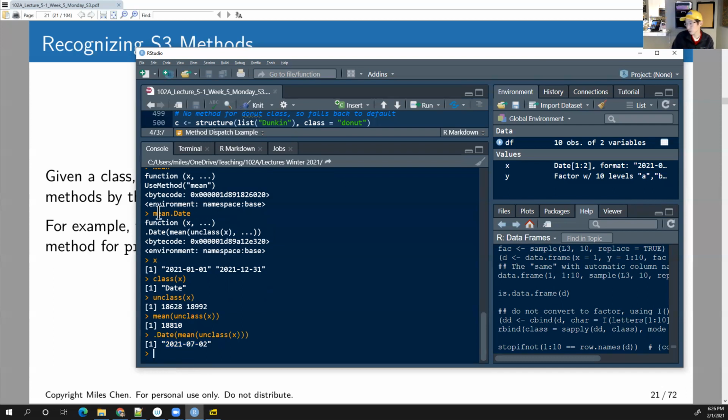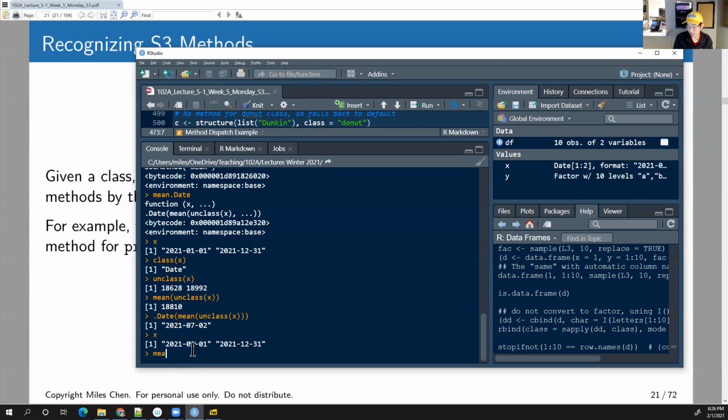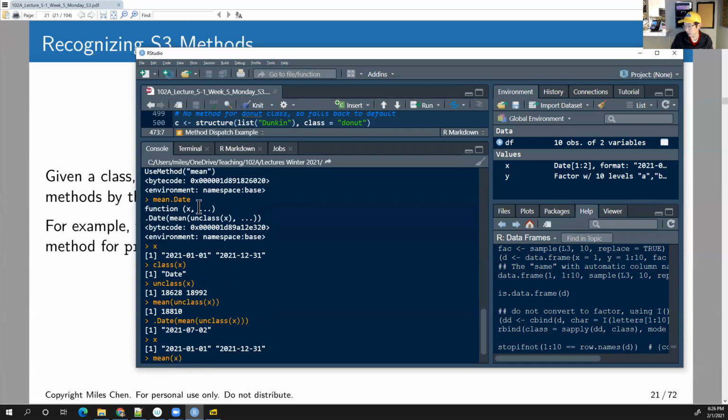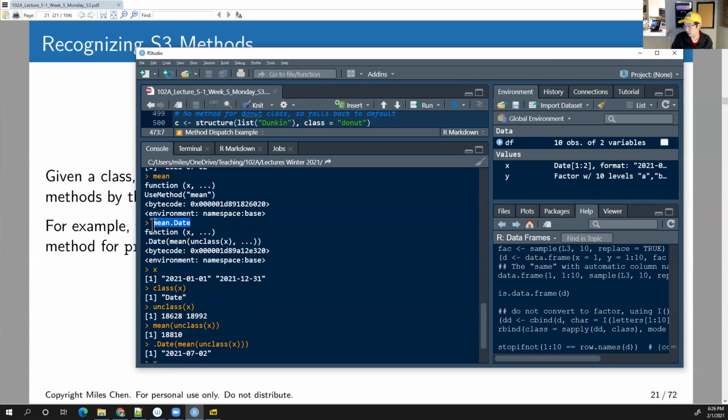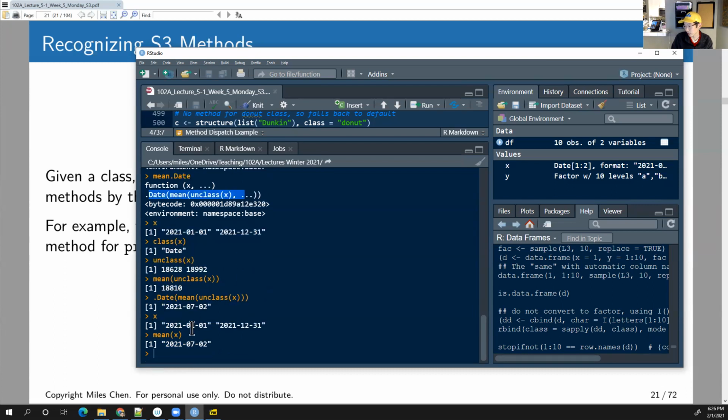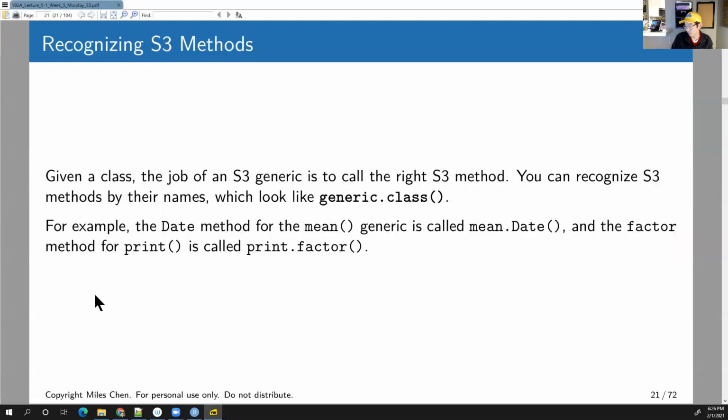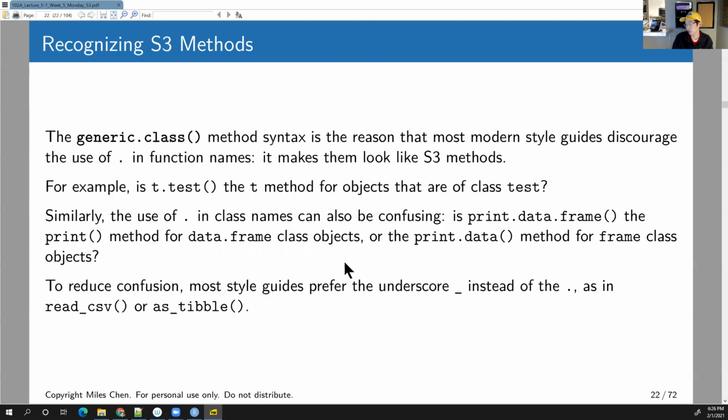Okay, so when you call mean on a date object, right? So here's the x, and when we call mean on x, it's finding this version of the function. When we called mean, it says, oh, you know what, this is a date class object, so we're going to call this version of the function, and then it performs that, and it returns back July 2nd, 2021. Similarly, you have print, and if you give it a factor object, it's going to look for the print.factor version of the print function, okay? And so this is kind of,